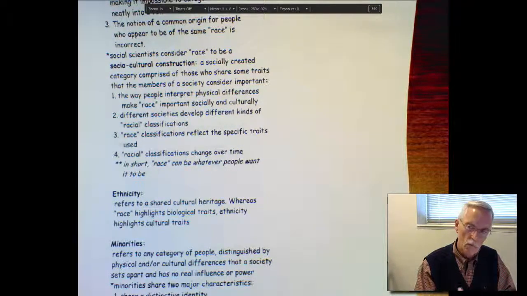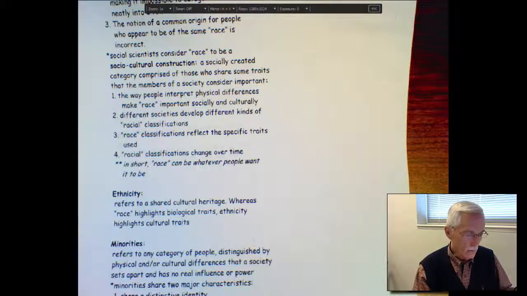Bear in mind that race can become very significant, and as a result, societies may create really extreme race-based classifications or categories. For example, in the United States, there was once considered very important the hypodescent rule. A child of a mixed marriage would be assigned as his or her race classification that of the lowest rank or subordinate category of the two parents. And to take it one step further, one could be classified as black if one parent was considered to be in any form or manner black. And to take it to an extreme, one might be